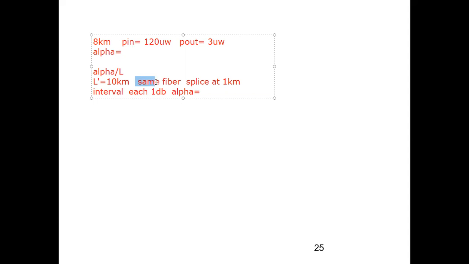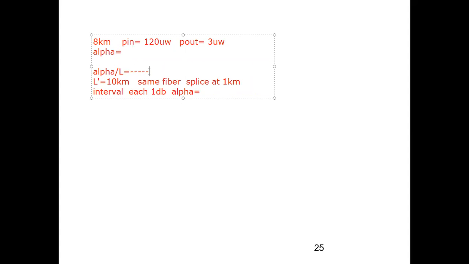ये जो है ना same fiber. Same fiber मतलब यहाँ पे जो alpha by L है. Okay. So I have calculated alpha over here, alpha by L over here. जो cable loss है alpha by L, that I will be taking after I calculate this particular one. So यहाँ पे जो alpha by L है, since I am utilizing the same fiber cable, I will be utilizing alpha by L and then 10 kilometers because मैं यहाँ पे 8 kilometers था.